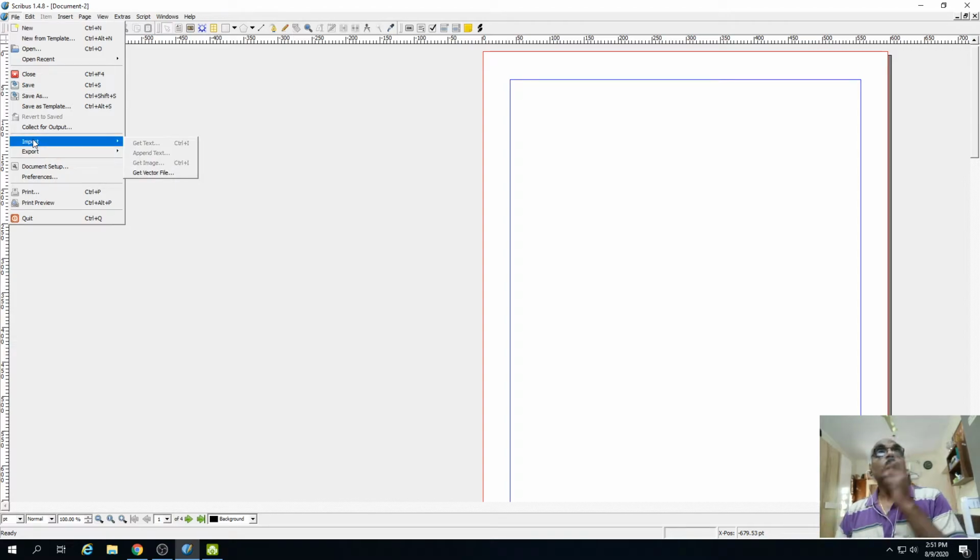Import is, you can import text. Import text from what? Import text from web pages, import text from any text editor, import text from any open Google documents or open document. All these possibilities of importing text from these sources are available. Supposing you have typed out a text in a notepad, you can import the text. Supposing you have typed out a text in Google Docs, you can import the text into Scribus.